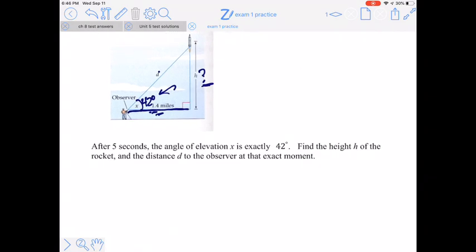So to find h, I would say that tangent of 42 degrees is equal to the opposite length, which I don't know, so I'm going to call h, divided by the adjacent length, 1.4 miles. Now hold on, I'm going to hit the pause button. What are we solving for here? H. H is being divided by 1.4, so the opposite of that would be multiplying by 1.4. So h equals tan 42 degrees